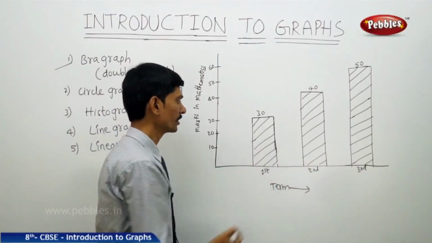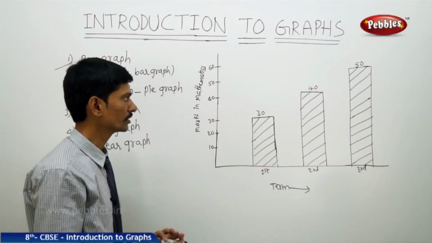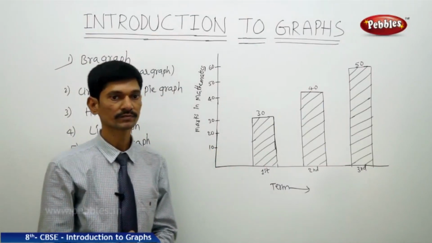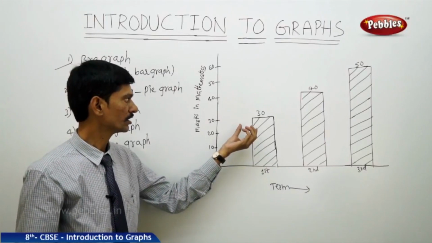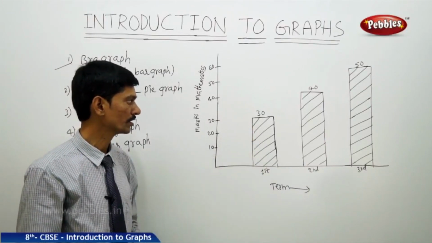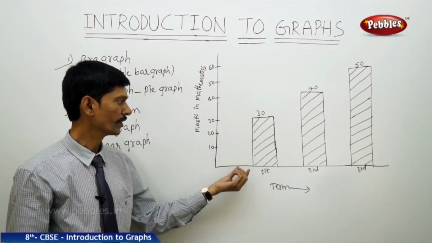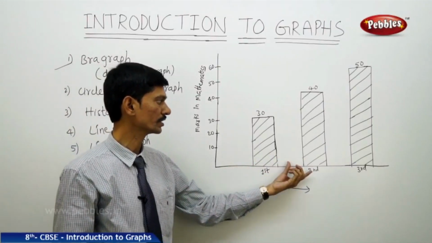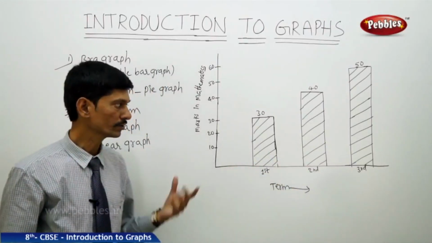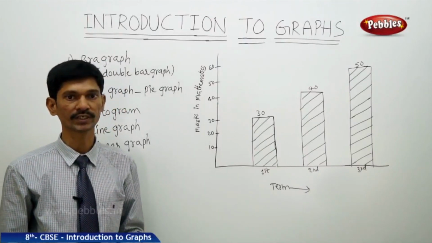Now we can compare whether the marks of the student are increasing or decreasing. We can easily say that the marks of the student in mathematics are increasing, when you compare from the first term to the second term or the second term to the third term. Now if you want to show the comparison between two subjects,